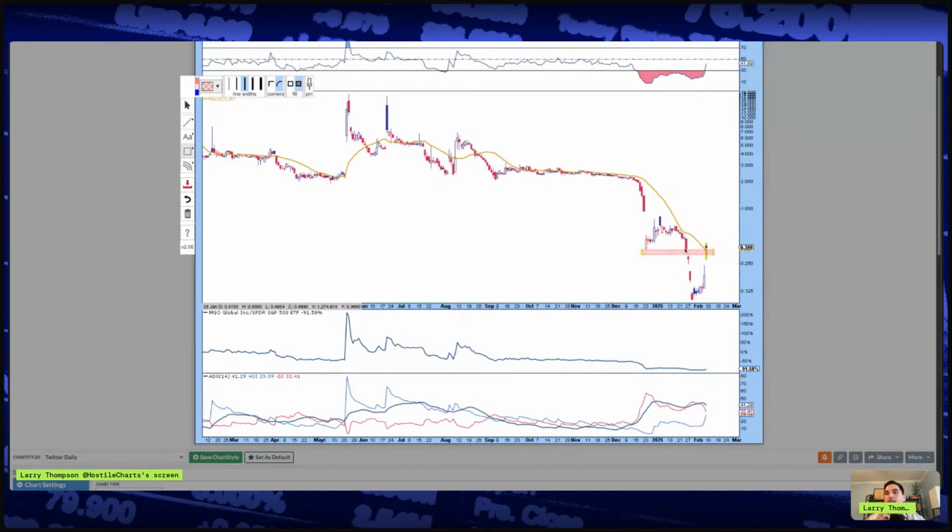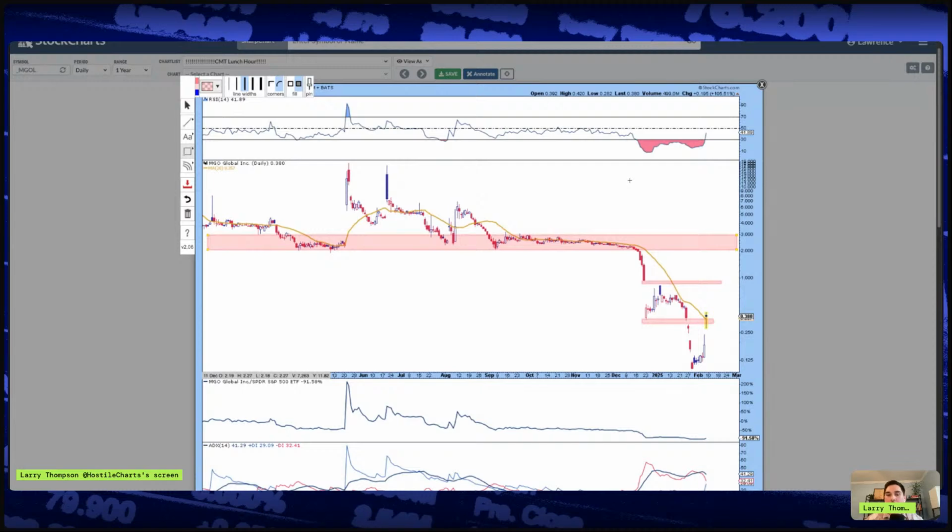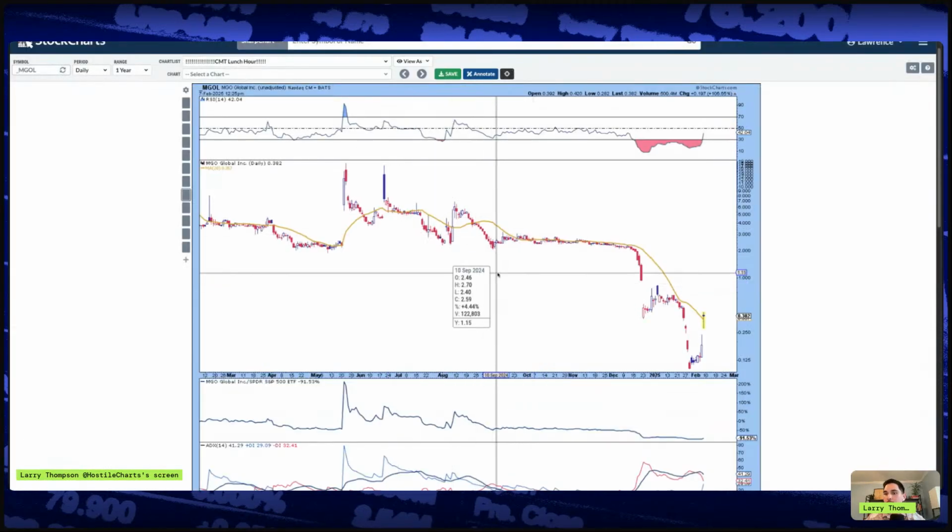If you got a 100% move in a day, I'd probably feed the ducks, because then you're going to run into oversupply here, and there's a huge supply zone here. Everyone who's in this name is going to end up selling in this area, so you're probably going to get whacked. Not something I like to look at. A broken clock is right twice a day, and this is just a broken clock. So hopefully I'm wrong. I hope you get rich. And if you get rich, come into the comments and call me some names. I'd love to see that. So that's an L from the chat. Let's not be sharing those types of names.